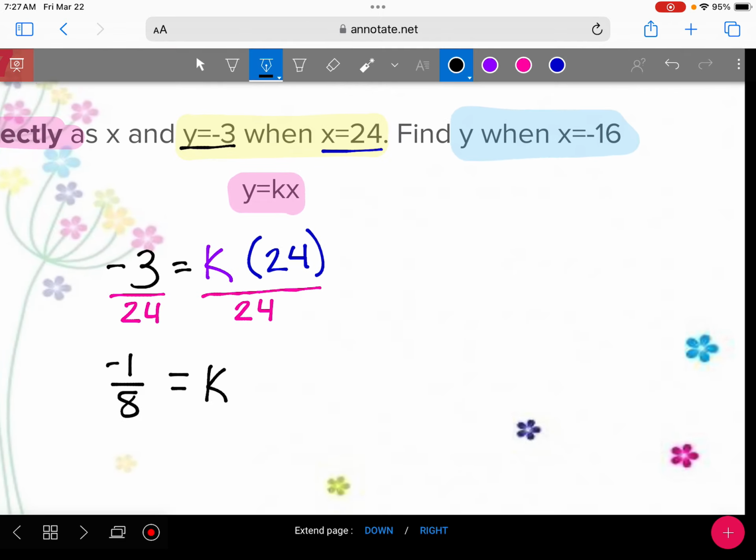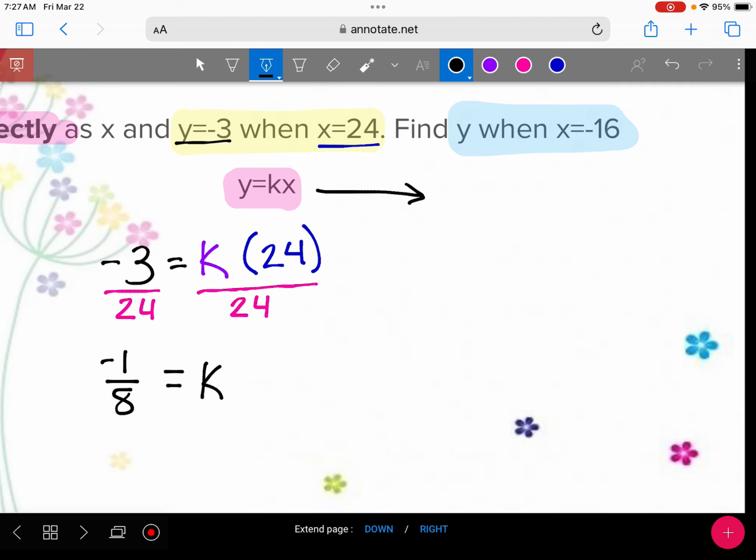So now I know my k, and I'm going to come back up here to my original equation and bring it across. So now I know that this relationship can be expressed as y equals negative 1/8 x. So we took this information and used it to find k so that now I can figure out my answer